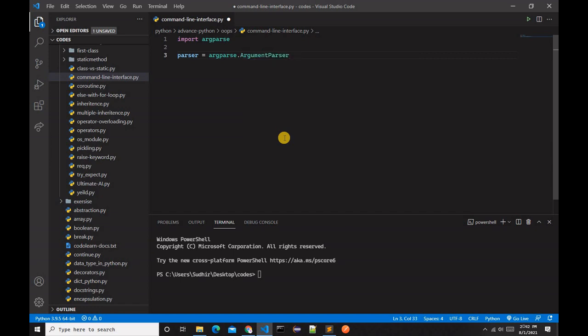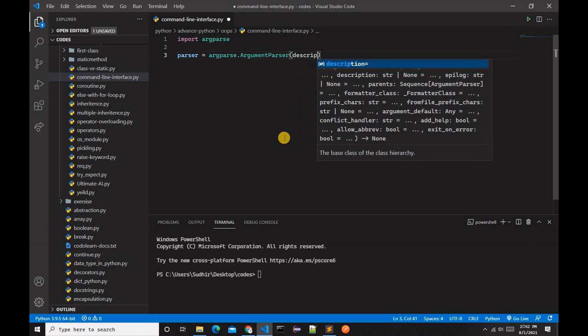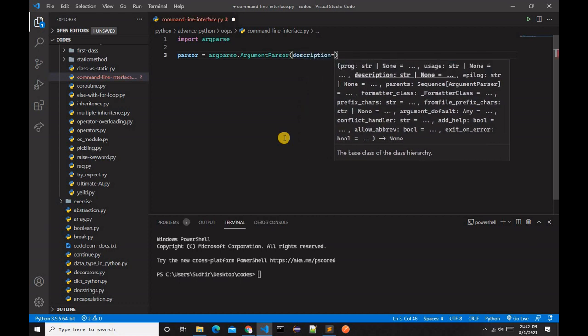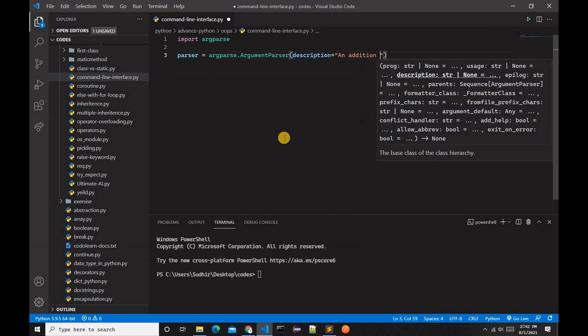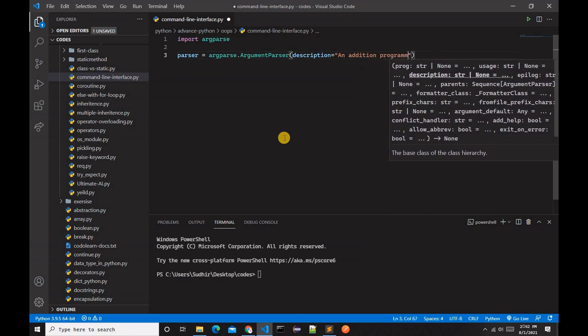Then we have to type the description equal to an addition program. So let's type an addition program.